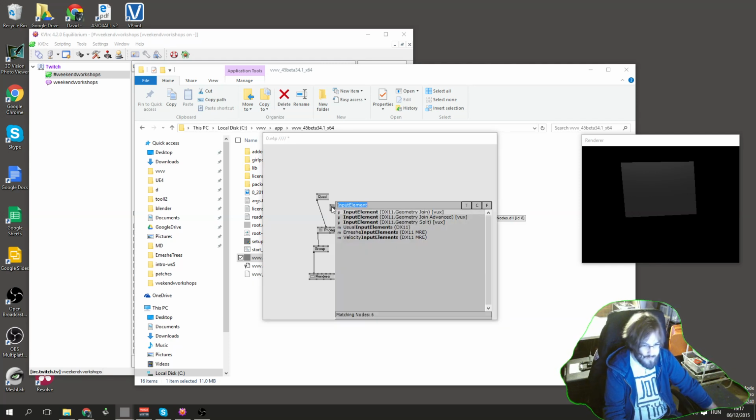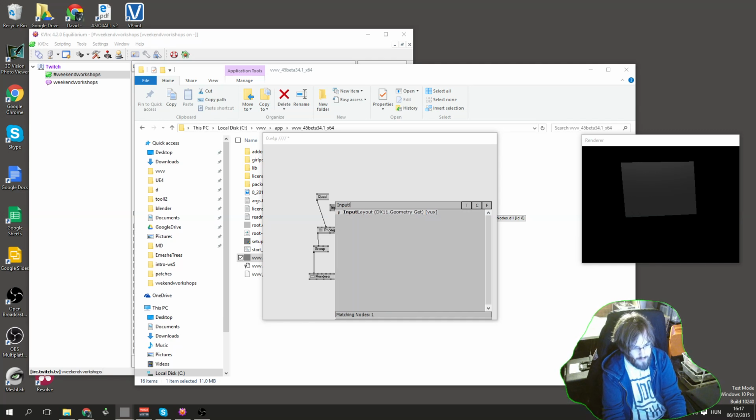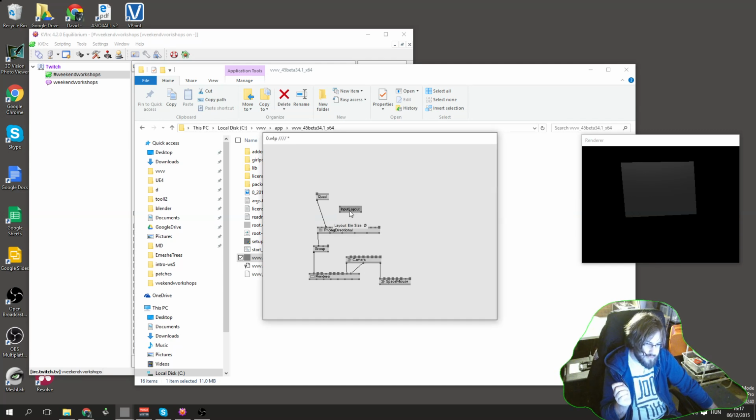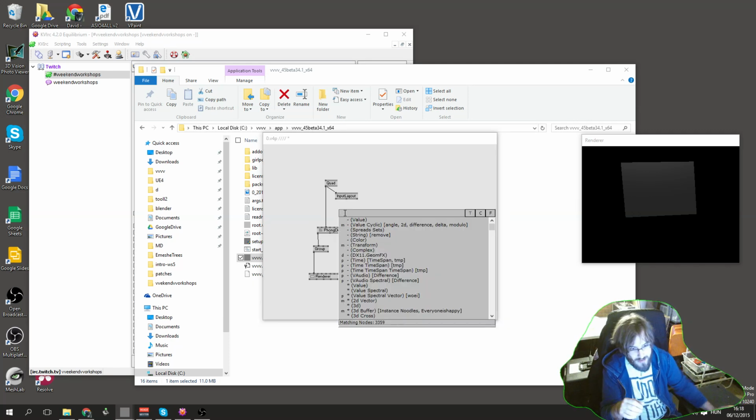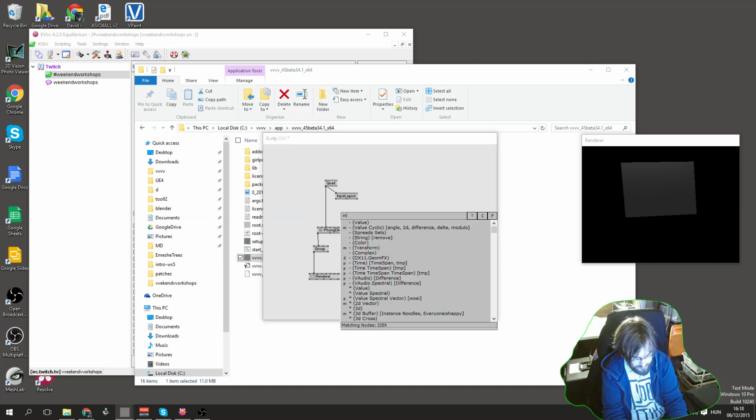So the format of a vertex in DX11 is called the input layout, for reasons I'm not sure. I have a guess, which might be because of the input assembler, but I don't know. So, input layout, and as you can see, it spits out 3 input elements, which is basically just a structure